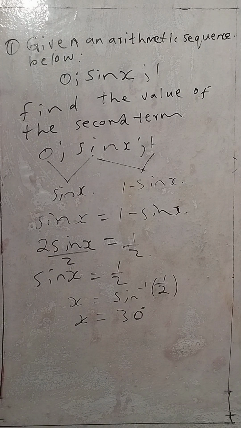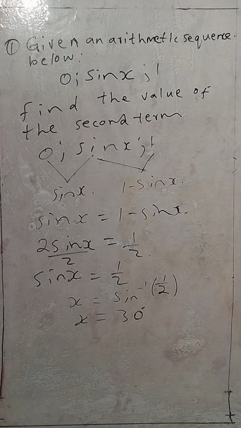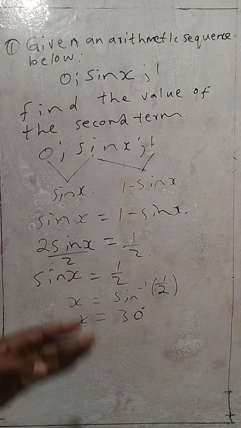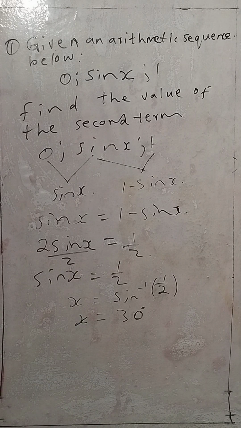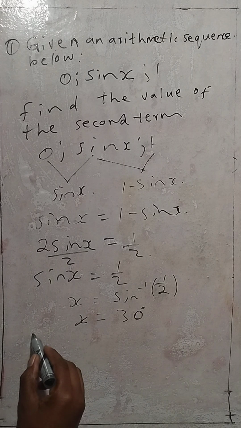But the question did not say find the value of x. They said find the value of the second term, meaning we have to find sine x as a whole, not the value of x. If we were to find the value of x, we could have gone further. But in the meantime, we cannot go further. Yes, we can go further, but in finding an alternative x value, what we're going to do is take this x and plug it in, which means the second term t2